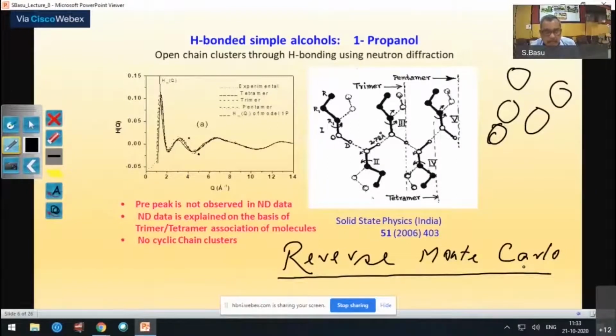So one, we need to go to larger Q values for liquid and amorphous systems. So larger Q values are obtained by larger angle or by high energy neutrons or shorter lambda, because Q is given by 4 pi by lambda sine theta. Next, to get the real space structure, modeling can be done using techniques like reverse Monte Carlo in case of liquid and amorphous systems. Next, I would like to bring your attention to